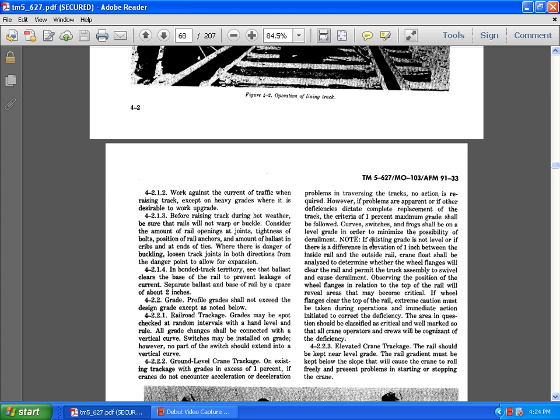Note the existence of any non-level condition, or if there is a difference in elevation of 1 inch between the inside rail and the outside rail, the crane float shall be analyzed to determine whether the wheels will clear and permit the truck assembly to swivel and cause derailment. Observing the position of the wheel flanges in relation to the top of the rail will reveal whether the areas become critical. If the wheel flanges are not clear of the top of the rail, extreme caution must be taken during operation. Immediate action should be initiated to correct the deficiency. The area in question should be classified as critical and well marked, so that the crane operator